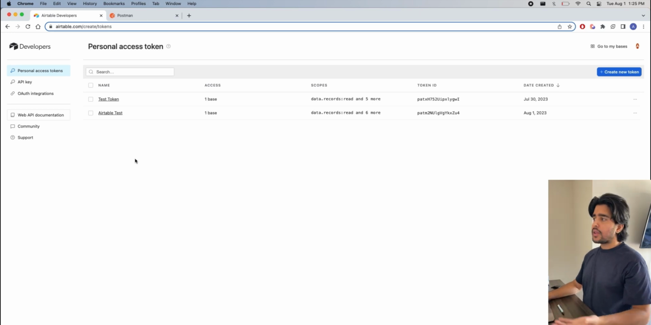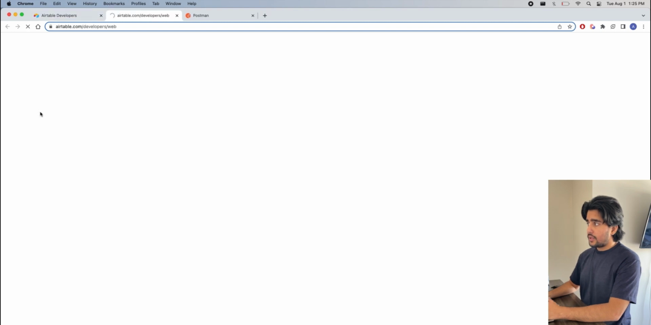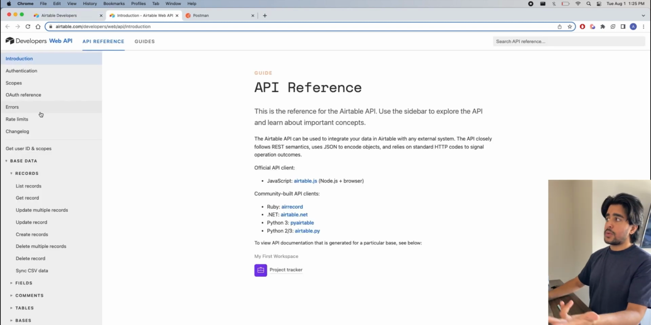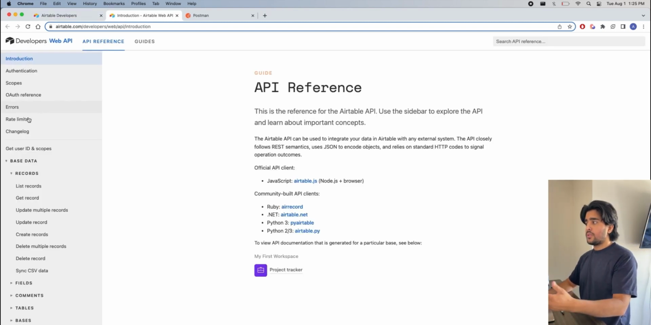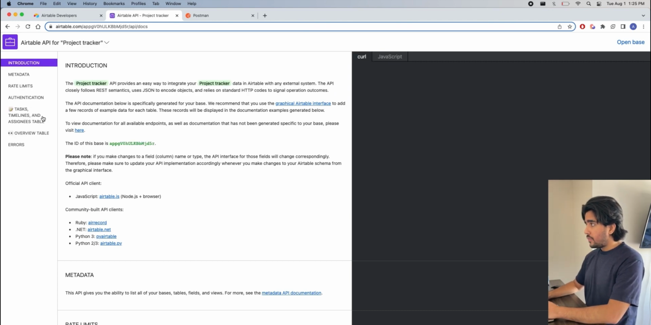Once we've made the token, we're going to go back into our web API documentation, and there are two ways you can do this. We could either go into finding how to get to the URL through the drop down on our left hand side, or what Airtable has made, which is pretty cool: if you click on your base, you can view the API documentation specific to that base. So we're going to click on our base right here, and then